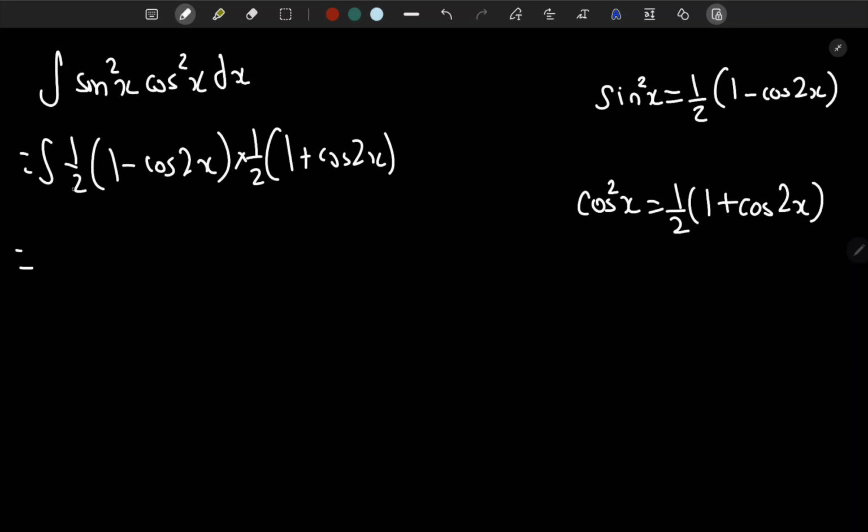We can take 1 over 4 outside because half times half is 1 over 4, and this is basically a minus b times a plus b, which is a squared minus b squared. So it's going to be 1 minus cosine squared 2x